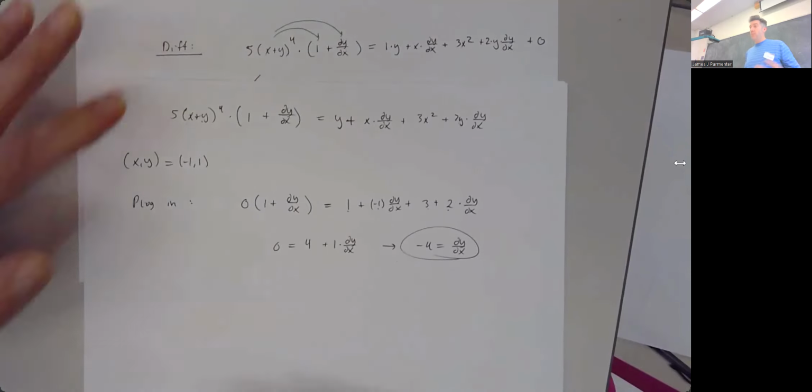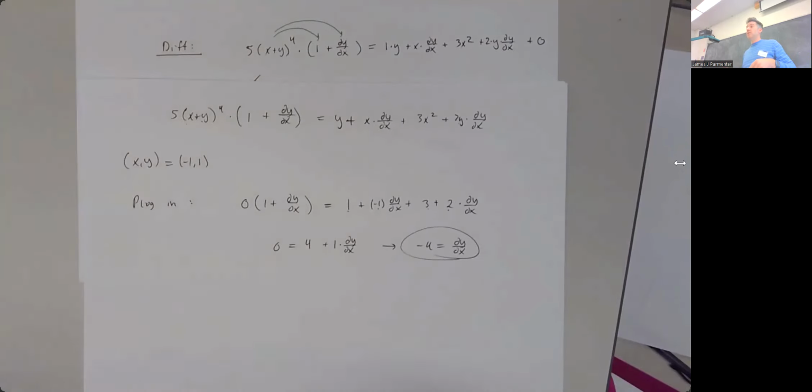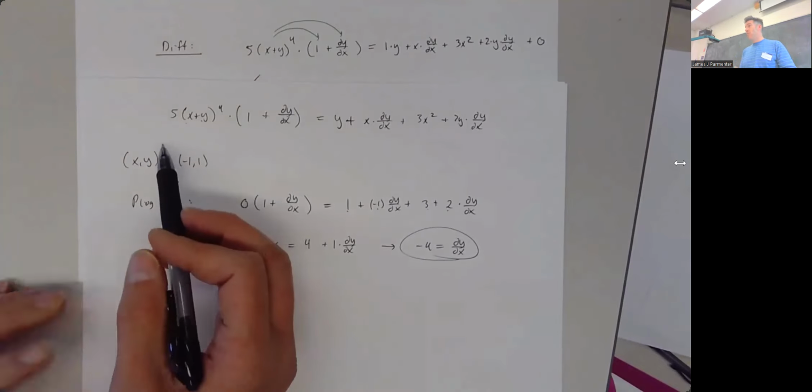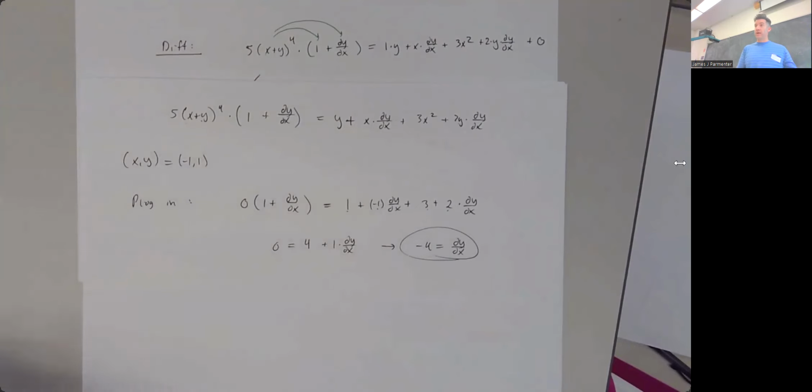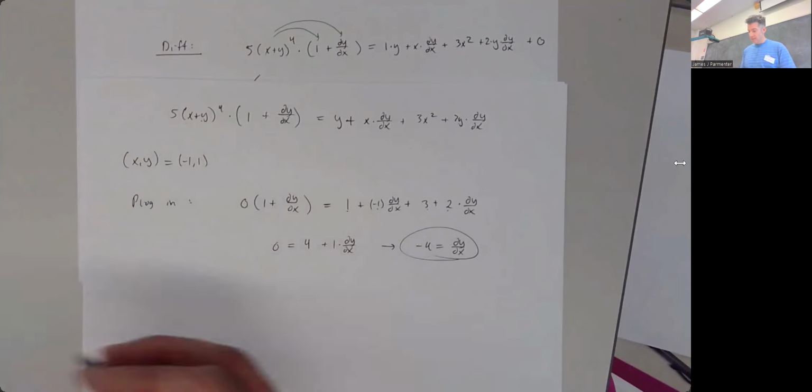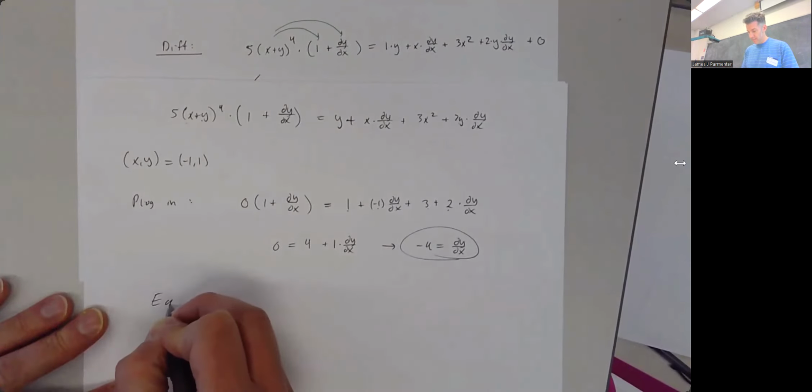And in my opinion, and in most people's opinion, doing it this way is usually considered to be much, much easier. If you're asked to find the slope of the tangent line to the equation at a particular point, it's way easier, after you have differentiated both sides, to plug in the point and solve for y prime or dy/dx. And now to answer the question, the equation of the tangent line